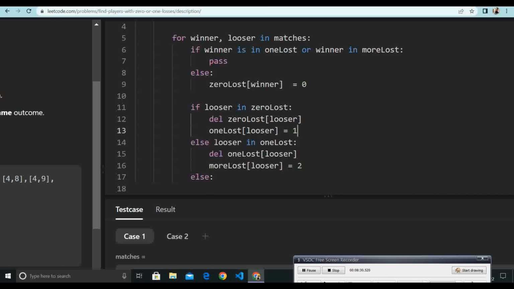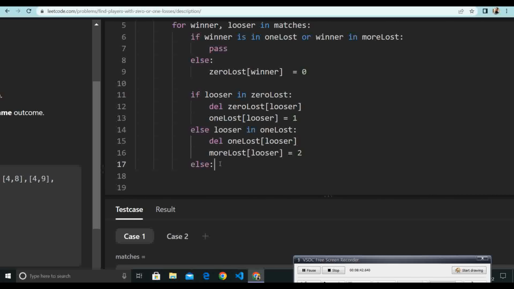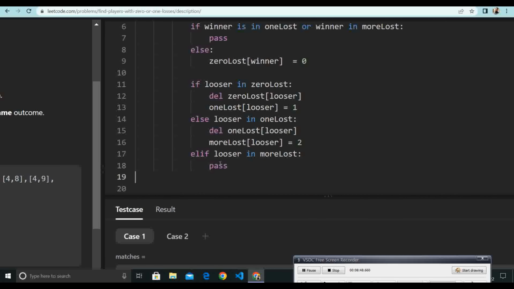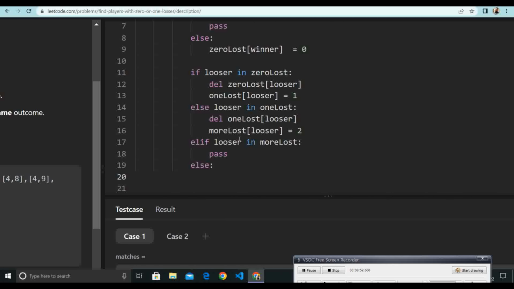ओके, अगर उसने ऑलरेडी वन मैच को लॉस किया हुआ है तो उसको वन लॉस से हटाओ और मोर लॉस में भेजो। अगर वो ना ही जीरो में है ना ही वन में है, अगर लूजर हमारा मोर लॉस में है, तो कुछ भी नहीं करना है। अदरवाइज ना ही वो जीरो में है, ना ही वन में है, ना ही मोर में है, तो उसको सिंपली इंसर्ट कर दो वन लॉस में।